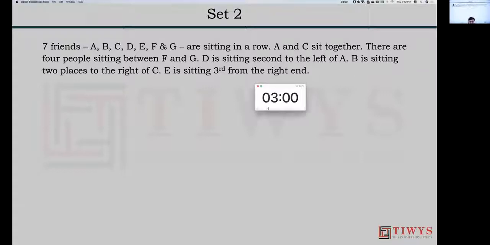Okay. Easy one. 5 minutes. 5 minutes. Start. Timer start हो गया।